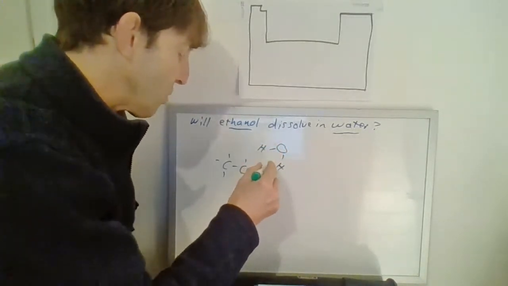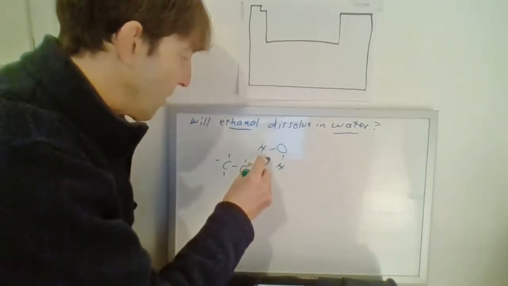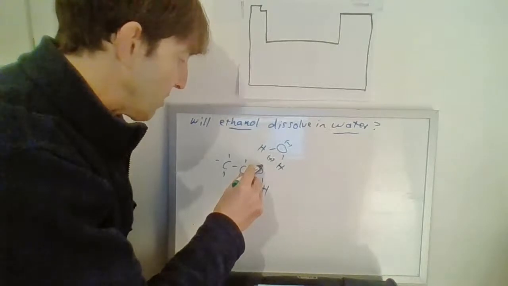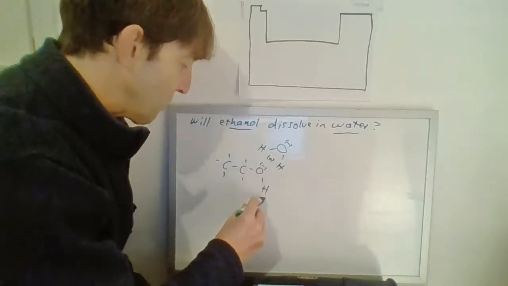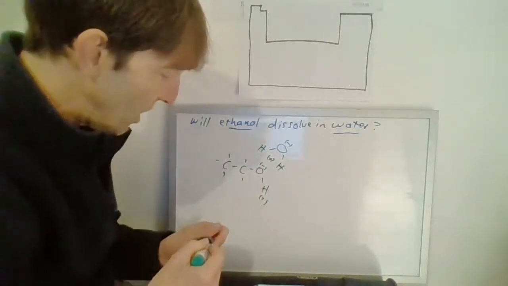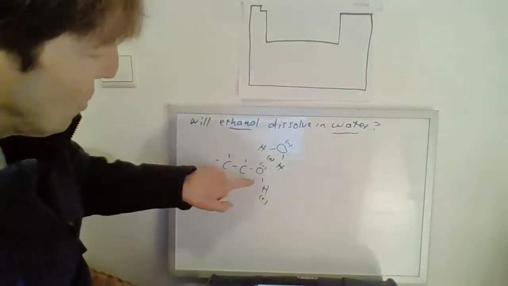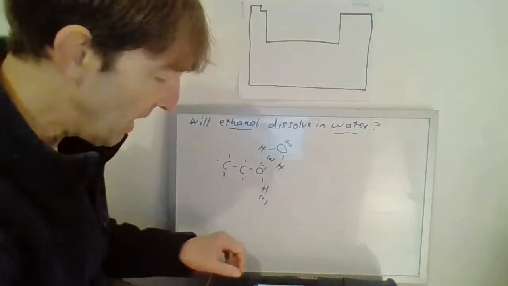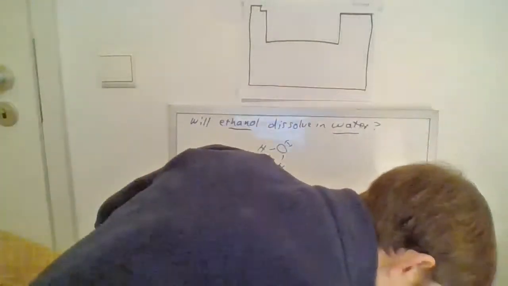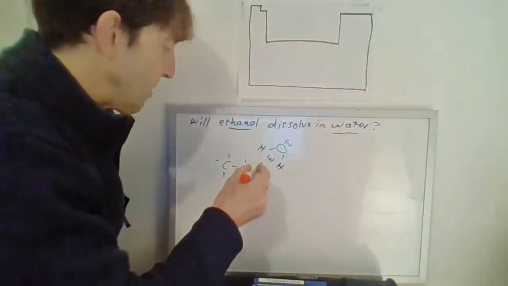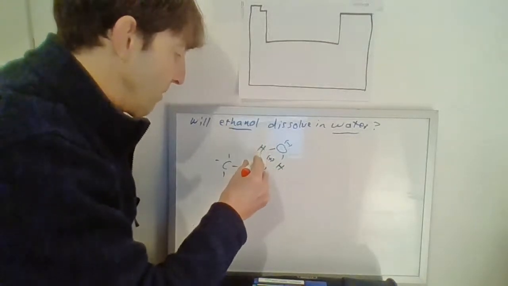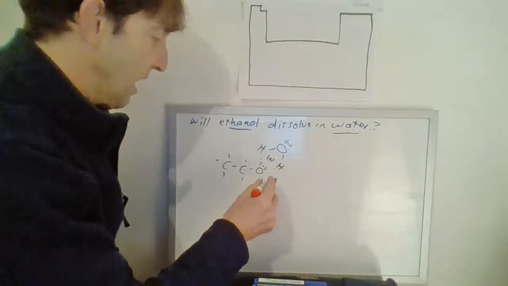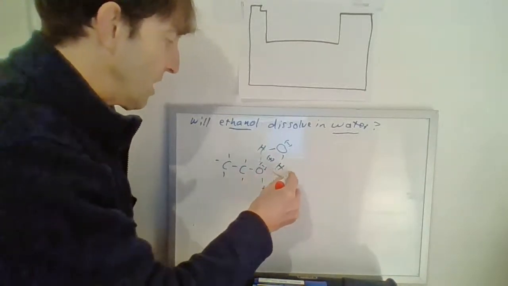And sure enough, those suckers are positive. I'll kind of draw it on here. This side's positive, this side's negative. And over here, this side's negative, this side's positive. And notice not the whole molecule has a dipole, just this little end does of the ethanol. But that's enough to matter. So I get some hydrogen bonding between both H's and the O here in the ethanol. So indeed, the answer is,